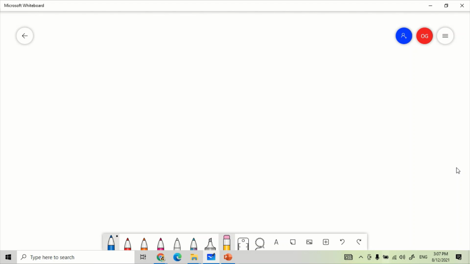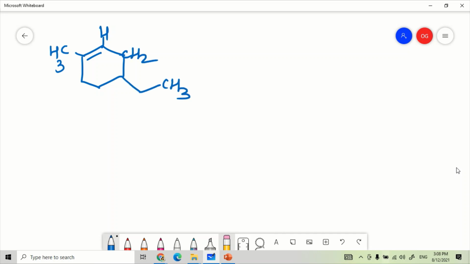As I have told you in my earlier video on mass spectroscopy, in mass spectroscopy the compound, which is in gaseous form, is injected into the instrument, and then there is a high energy electron beam present in the instrument.